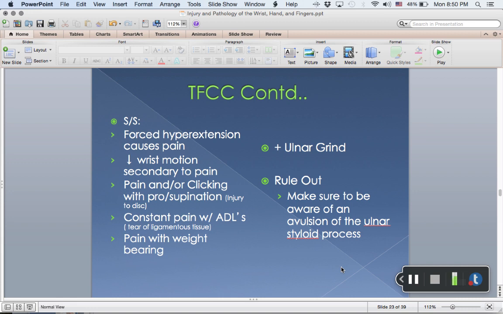So you put pressure down through that TFCC area, push and rotate back and forth, and sometimes you can get a grind almost, and you can feel the cartilage damage. And again, be aware and rule out any avulsion fracture of the styloid process. So if you do get a positive grind, what is clicking? Is there a piece of bone in there that's chipped off? So if it is severe enough, oftentimes it is a good idea to go ahead and get x-rays to rule